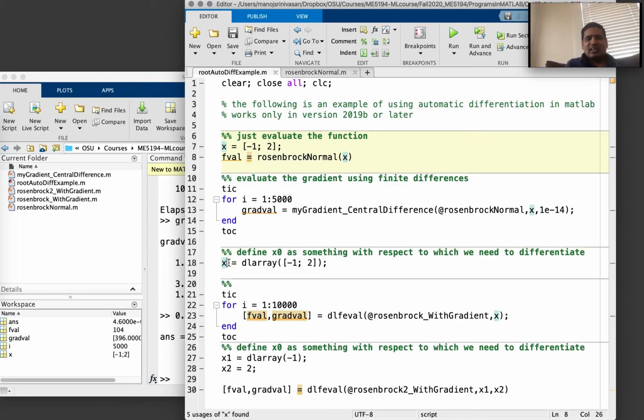So we just say x, this is the way you communicate to MATLAB that x is initialized to minus 1 comma 2, and then we say we want to differentiate future functions with respect to x. We want you to pay attention to anything that depends on x, and keep track of how things depend on x so that you can differentiate things in the future. So that's what dlarray declares to MATLAB implicitly. Okay,